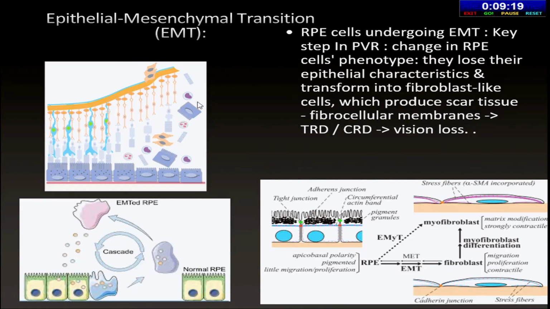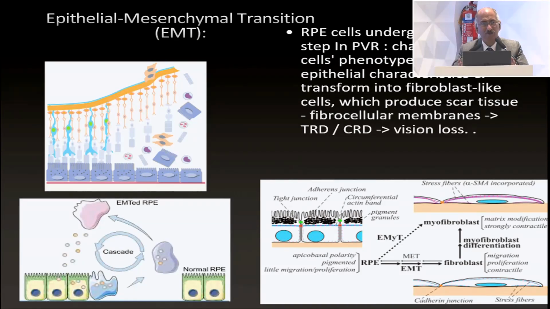But as they move, they lose their polarity as seen over here. There are changes within the cell also occurring, and it's more like a rudderless ship, and it just settles where it goes and bangs. Now, if a critical number of these cells have settled at a given place or over various surfaces, because of all the chemicals involved, they undergo transformation into myofibroblasts. So they lay down scar tissue and they contract. So this results in a pull on the retina, resulting in